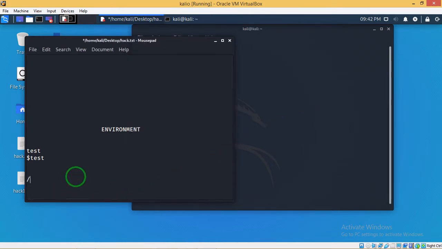That means /etc/profile and .profile. These two files are used to get the files in a built-in path. Any time we are running a program, these two are very important.